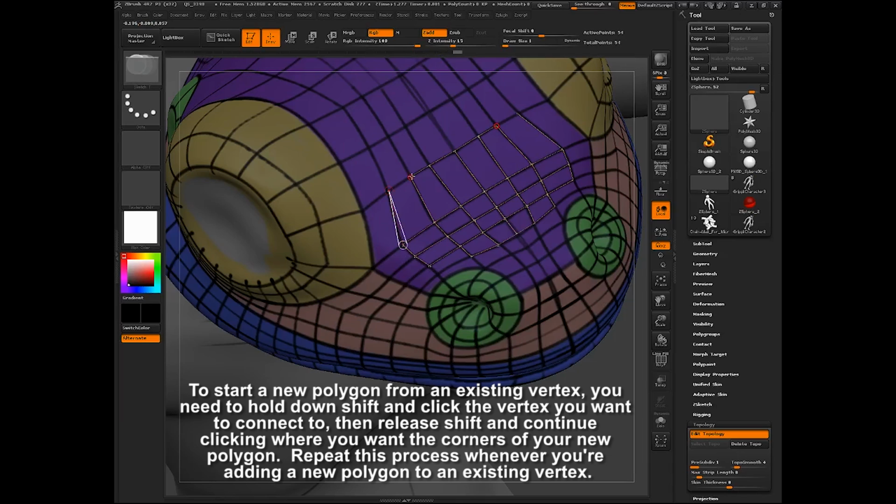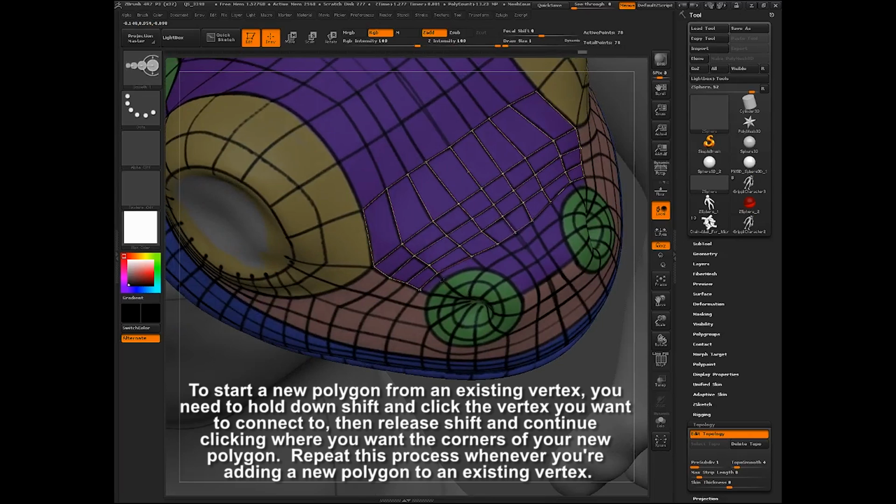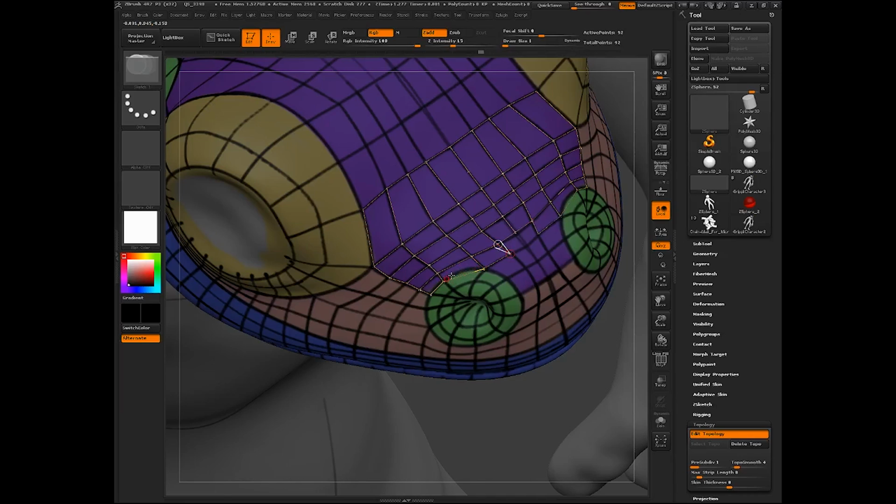So this actually goes fairly quick because you've already planned everything out, and right now it's just going through and clicking on all of those points. And it's okay. See how here this goes through that curve.